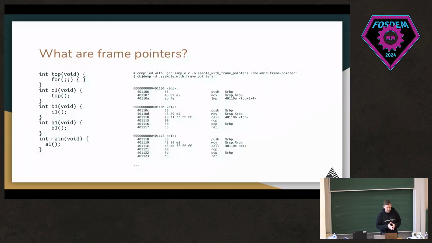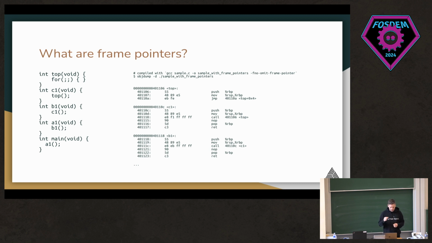And frame pointers, looking at this bit of C code, it's hopefully not too daunting in a monitoring and observability room, but we can see we have the main function at the bottom, and that calls a function, and so on. The functions call each other, and then at the very top, it just goes into an endless loop. And kind of the important part in all of this is looking at the assembly on the right-hand side. We can see that, okay, I omitted the main function and the A1, but then we can see B1,